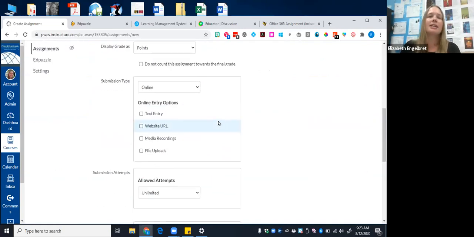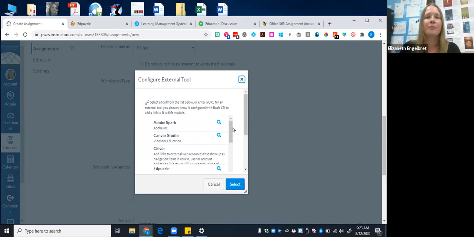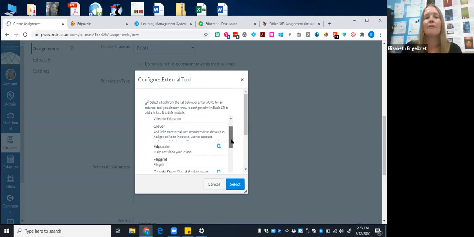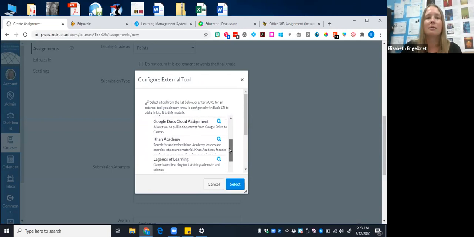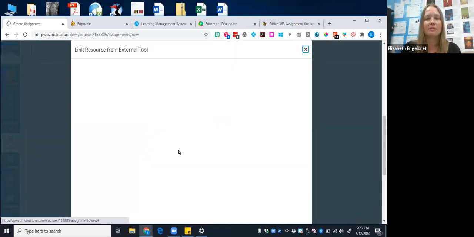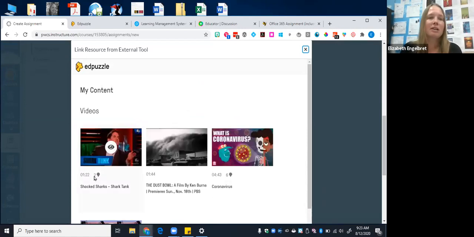and then the LTI magic happens here in submission type. Instead of online, I'm going to choose external tool, and then I'm going to click the find button. And anything that I have integrated in this course is going to be visible to me here. And so in this case, we're looking at Edpuzzle. And because I'm already logged in and I have this set up for my class, it's going to bring up my examples of Edpuzzle videos. So if I use this one right here,